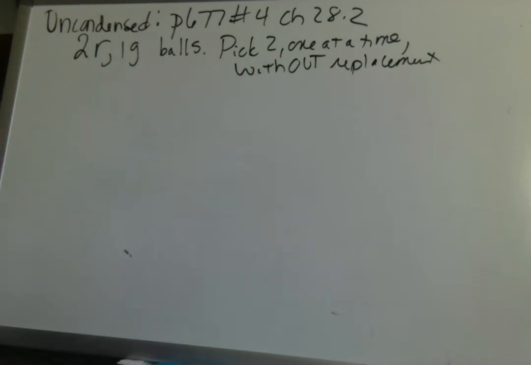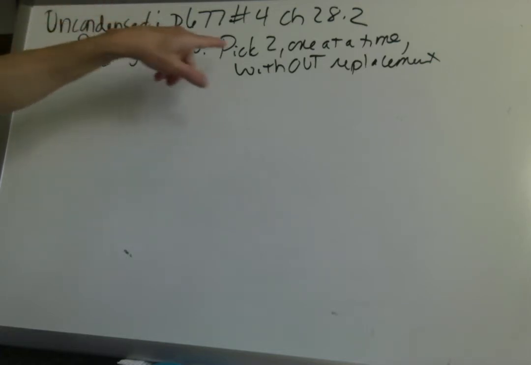See, the last problem we did with heads and tails, it was pretty short. There were only two coins. Our tree diagram didn't get too bulky, okay? Well, we've upped it to three balls now. These are extremely famous problems. They're always talking about different colored balls in a bag. So we have two red balls, one green, and they're in a bag, and we're going to pick two, one